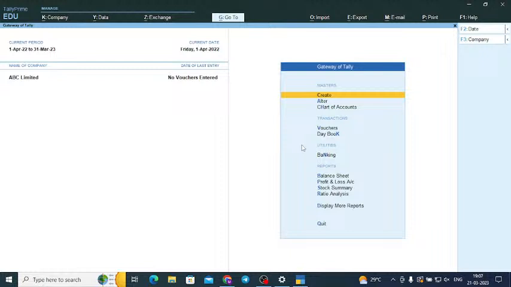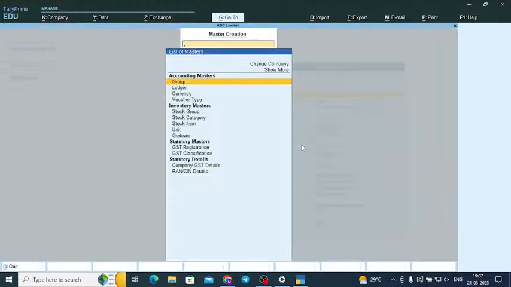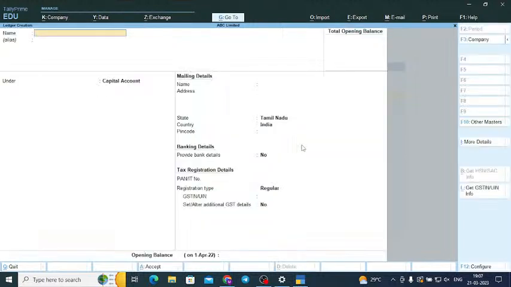Then what did we do? Then we created a ledger. A ledger is a master, which is an account head. We can also call it an account or head. So I am creating a ledger. In this case, we took the example of Mr. Kumar, who is the owner, investing 1 lakh in the company. So I am going to create the ledger Mr. Kumar, capital